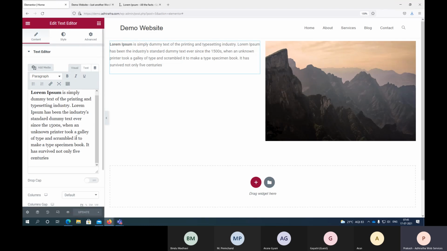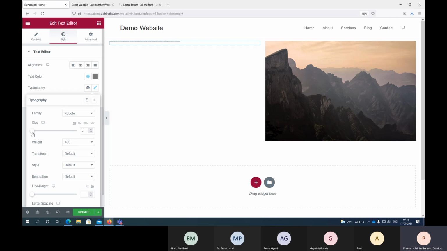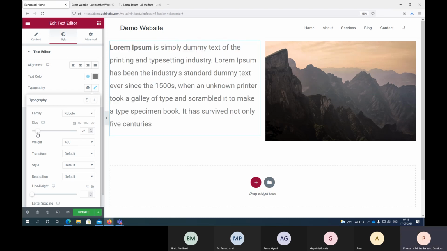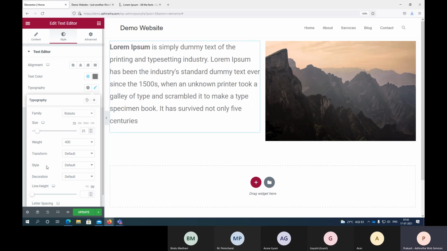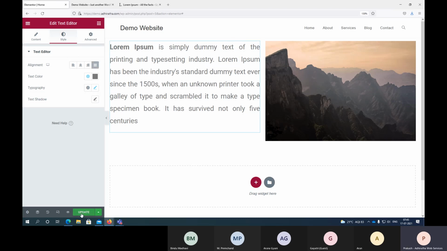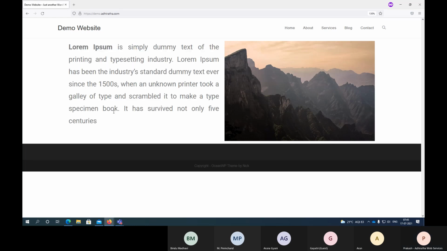So come here, go to styles. There's something called typography. So select that. So you can resize it how you want, right? So I resized it. So you can talk about, if you're on your website, welcome to our website, all that you can talk. So I'm making this justified. Update. Now, if you come here, check your website, right? So now there is a small design coming up. But if you still see below, there is a space. On the top, there's no space. How can we actually make it better?